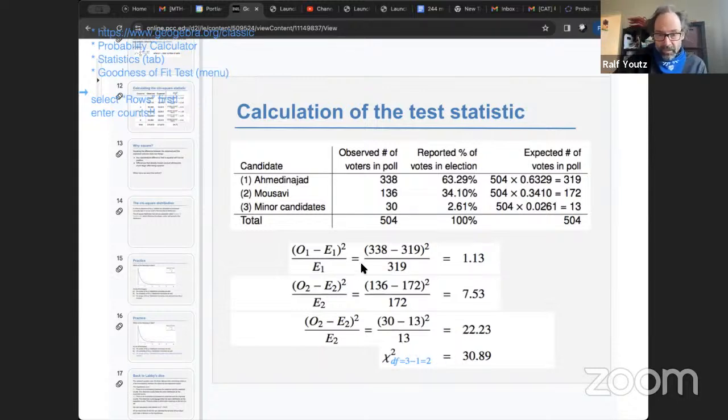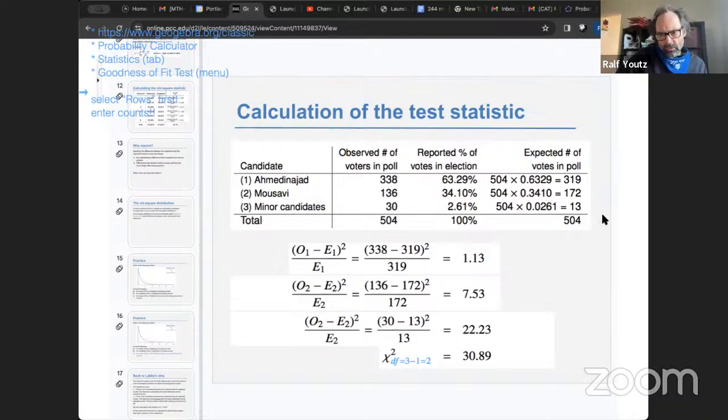There it is, applying the formula, which is a little more complicated. If anyone ever wants to talk about how that works, let me know. But they end up with the chi-squared statistic of 30.89, which is up to rounding exactly what we got back in GeoGebra. And then if you were not doing this with technology, the next step would be to,